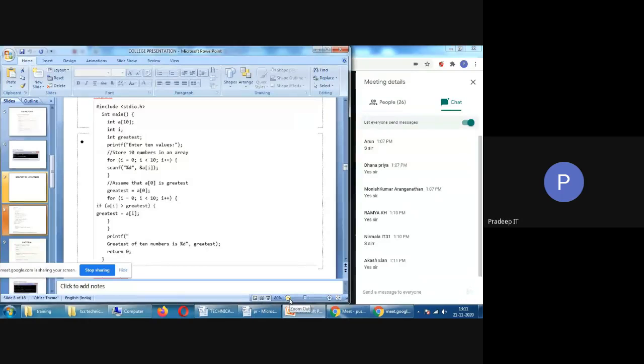Write the program for reverse a number. Write the palindrome of a number. Check whether the number is palindrome or not. Maximum, you have to write a program. Maybe if you are from